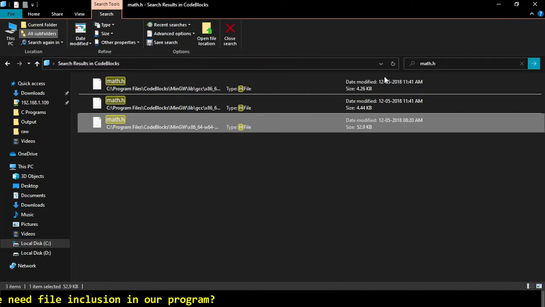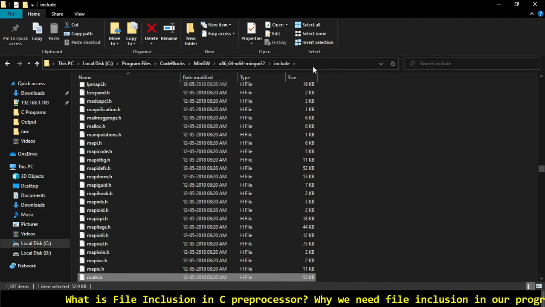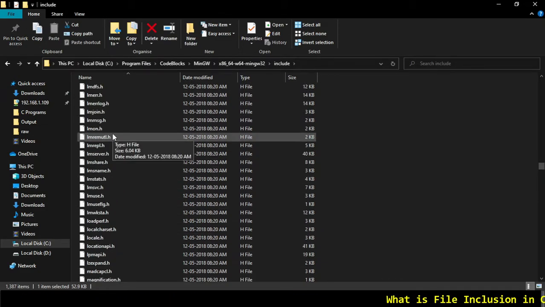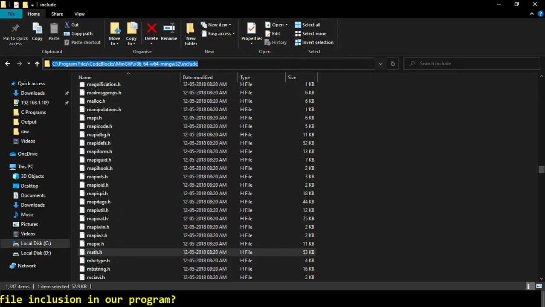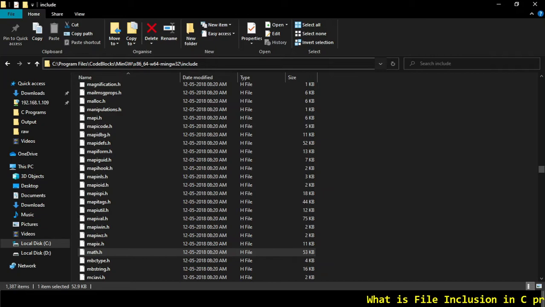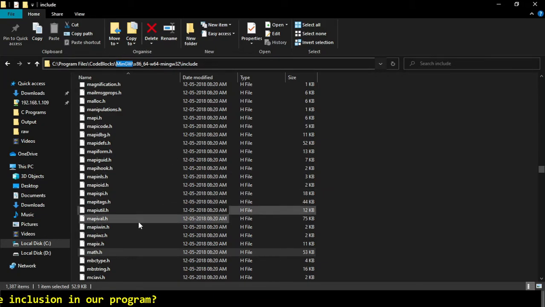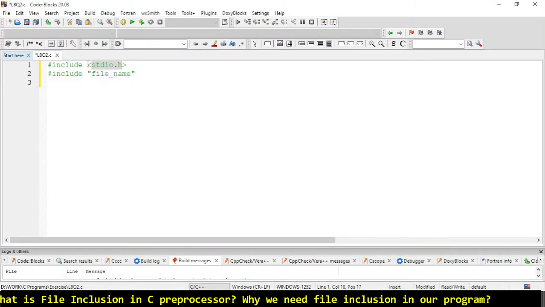We don't need to define the path here, it will search by itself. As you can see, we have the stdio.h file, the math.h file, and these are the header files present in this default directory. The compiler defines these directories when we install or compile.